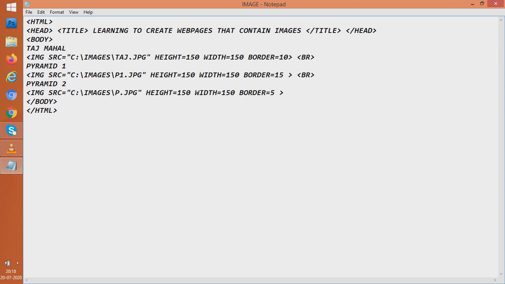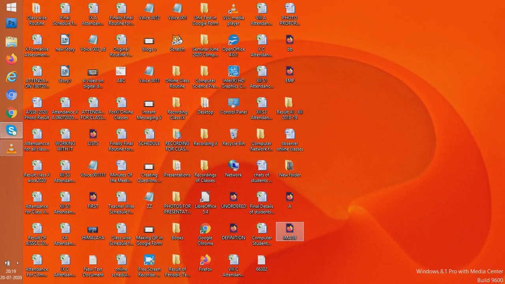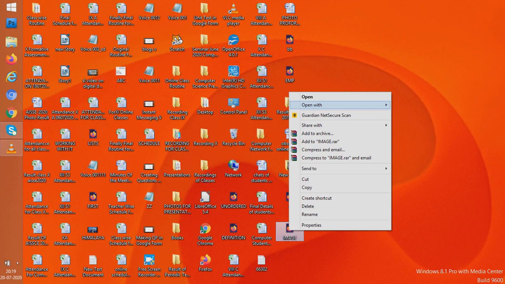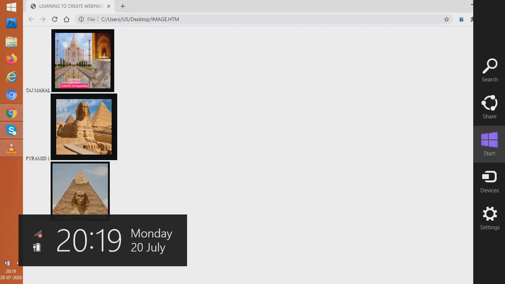We'll see that. So we again save and go to image and put Google Chrome at work. See students, Taj Mahal is at the end of the picture Taj Mahal.